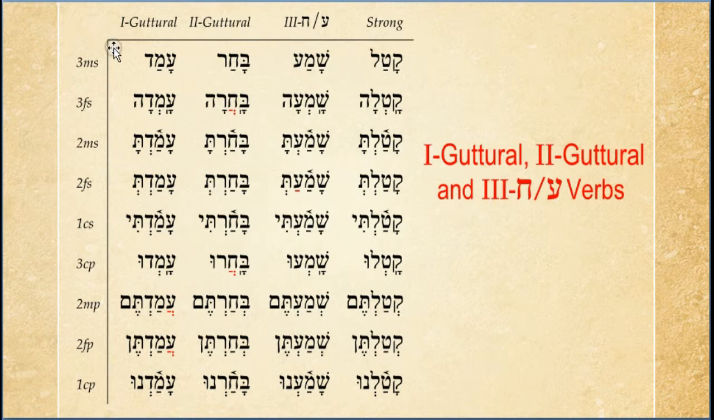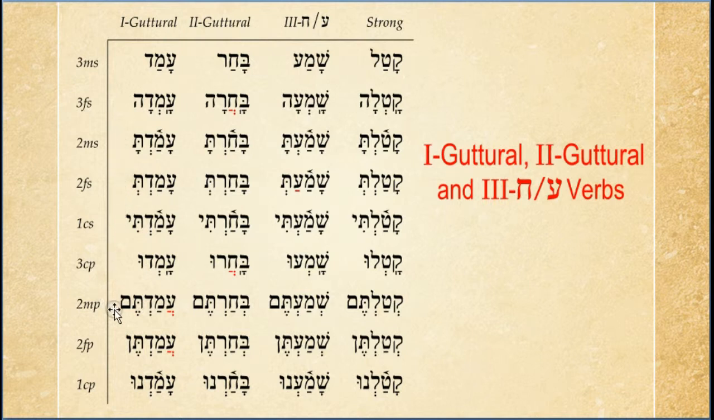I'm going to start with amad here. As you can see, amad still follows the same pattern. There is that qamets and patach pattern of the vowels, so everything is going good and normal. You have a first position